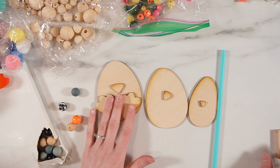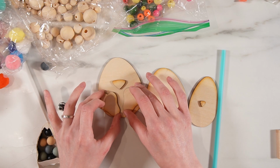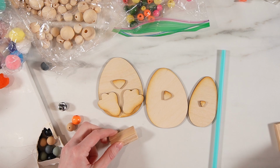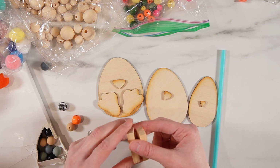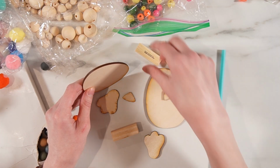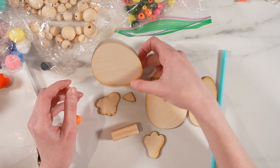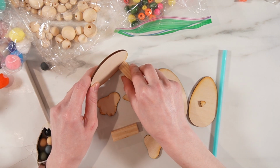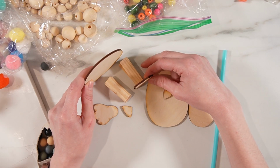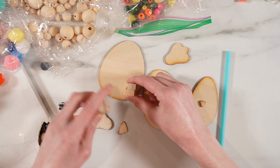This guy has feet, and I think I'm going to do the feet just like that. But I was also thinking of, these are those building blocks from Dollar Tree, Jenga pieces. I also thought I should have made him flat so he can stand on his own. So I might need to put one or two of the Jenga blocks behind him so he can stand on his own. But that got me thinking, what if I use the Jenga blocks for his feet? So then he has like really long feet. So it would look something